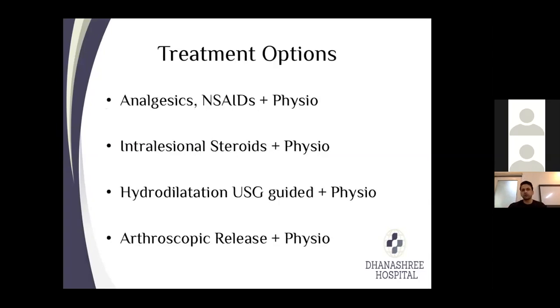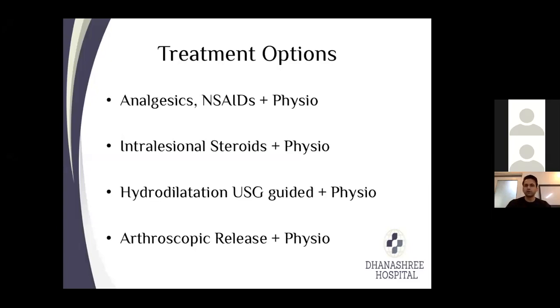So as I said, what treatments do you advise a patient with a stiff shoulder? I'm talking of stiff shoulders in both aspects, if the patient has a pathology or the patient has a primary frozen shoulder. You first try analgesics and NSAIDs. You always try physiotherapy along with it. If you see all my treatment options, you can see physiotherapy mentioned at every stage. Physiotherapy is that important. It has to be done at every stage. Whatever treatment you give has to be supplementing physiotherapy. So giving them the right exercises is the mainstay of treatment.